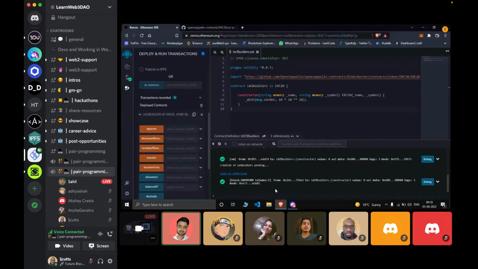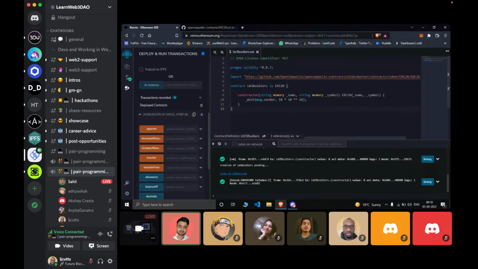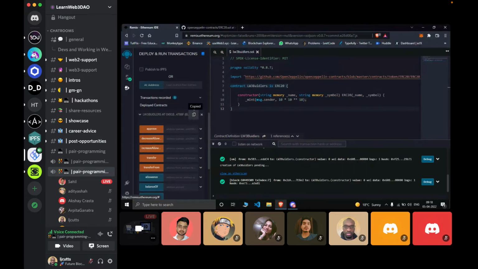Okay, so what I can do now is, now I deployed this smart contract from this address, right? That means during the deployment, when the smart contract was deployed, after that this constructor function was called and it minted 10 LW3C tokens to me, right? So what I can do is I can go to my MetaMask and, okay, let me just copy the contract address and then I'm going to go to my MetaMask